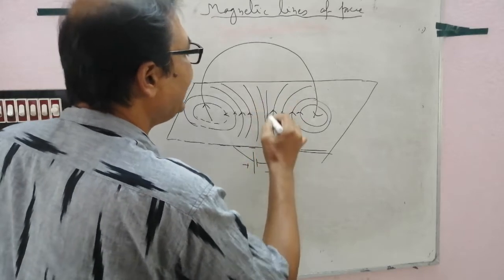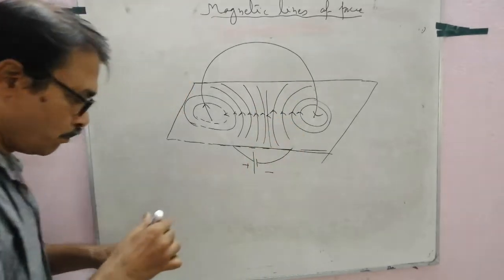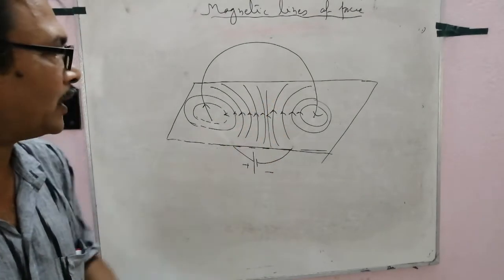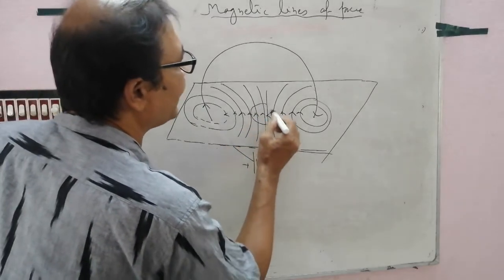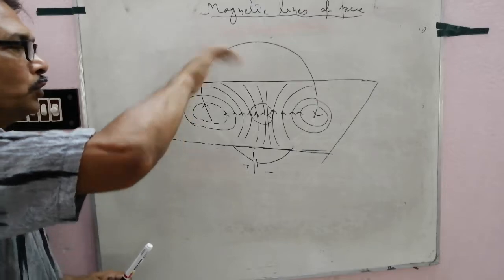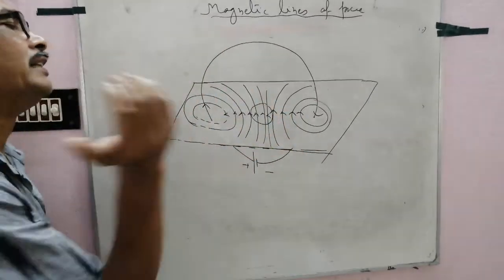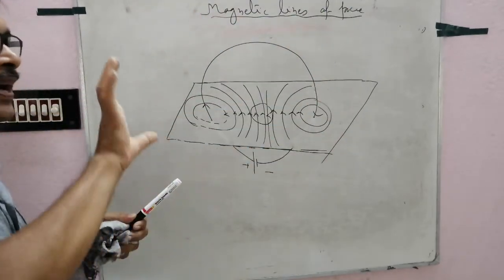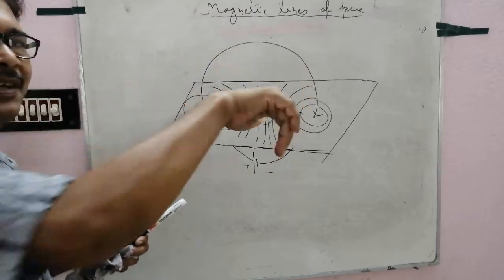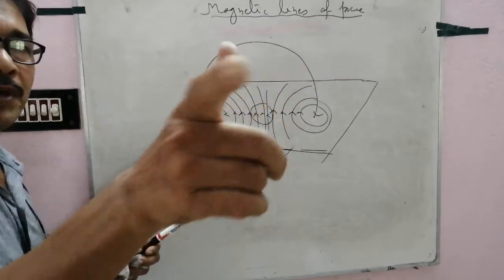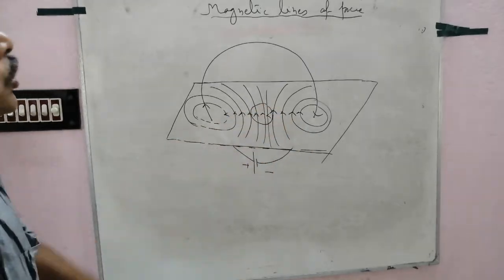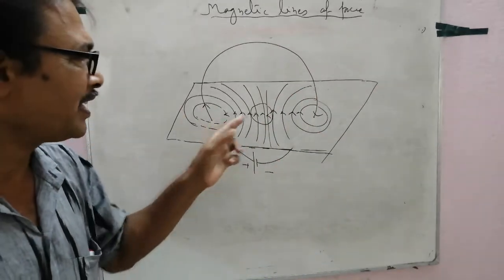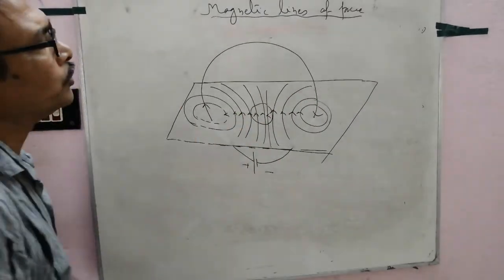Follow. At the center, for both the portions, the magnetic field is about parallel. So at the center, there is a strong magnetic field, and its direction is perpendicular to the board, downward. Suppose this is the coil with current in this way, anticlockwise. So the magnetic field is away from the reader, away from you. Clear? So at the center the magnetic field is strong. For a current carrying circular loop, the magnetic field at the center will be strong.